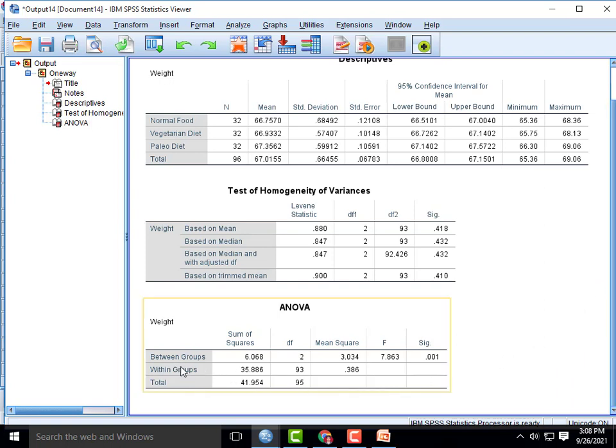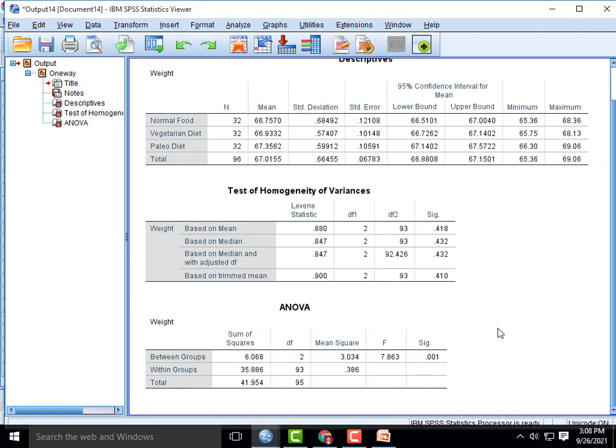Here we have between groups, within groups, sum of squares and degrees of freedom. The F value is 7.863 and the significance value is 0.001, which means there is a significant difference between groups.